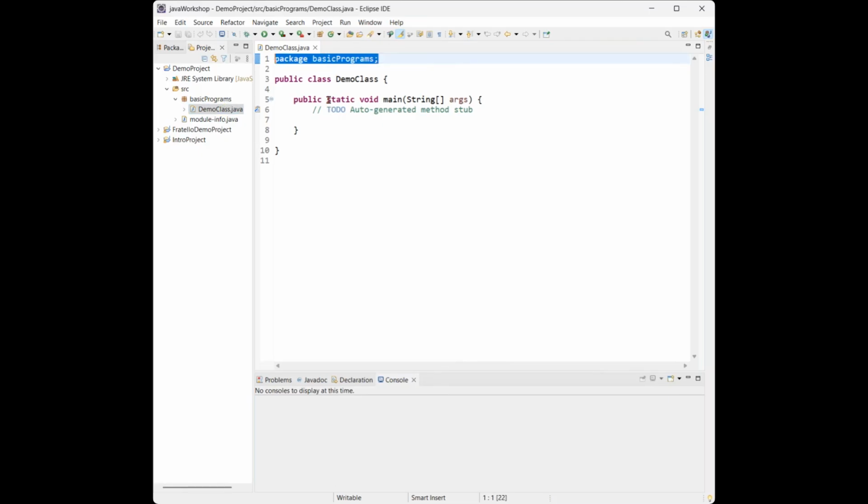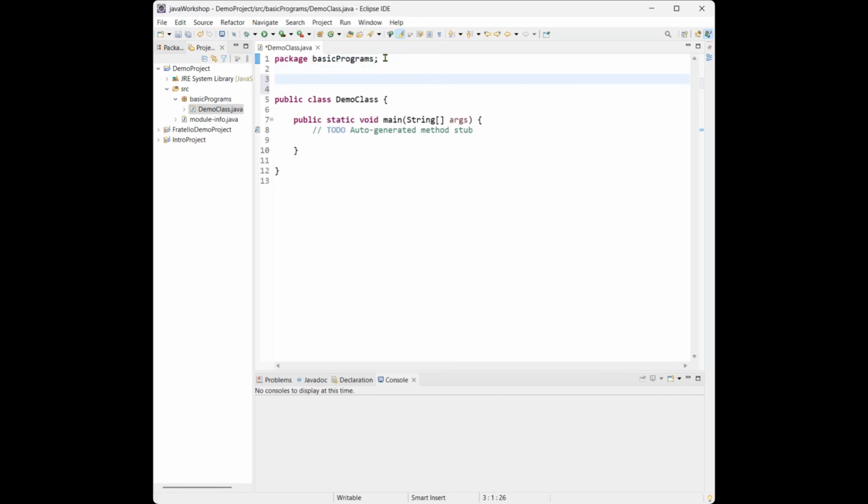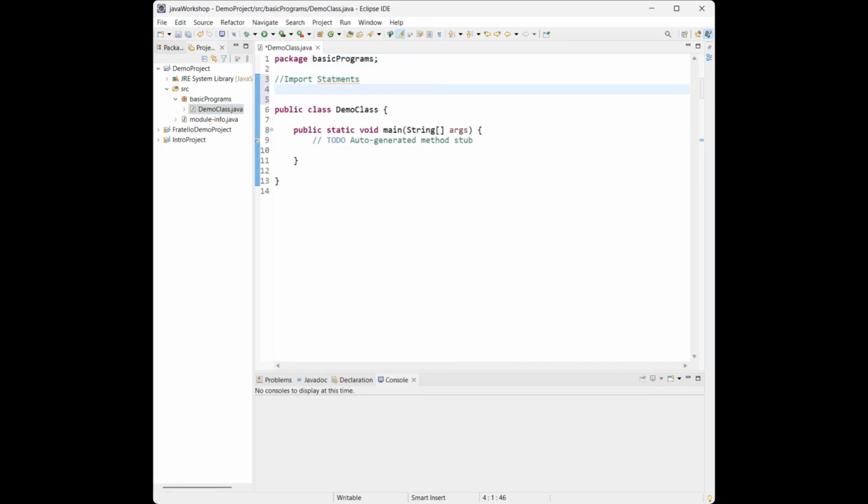Okay, now after the first line, here we can have the import statements. Import statements are nothing but they allow us to use the predefined Java classes from other packages. If we have any other different packages, here we can import the packages and we can use the predefined Java classes. Like when we need to take the input from the user, then we have to use a